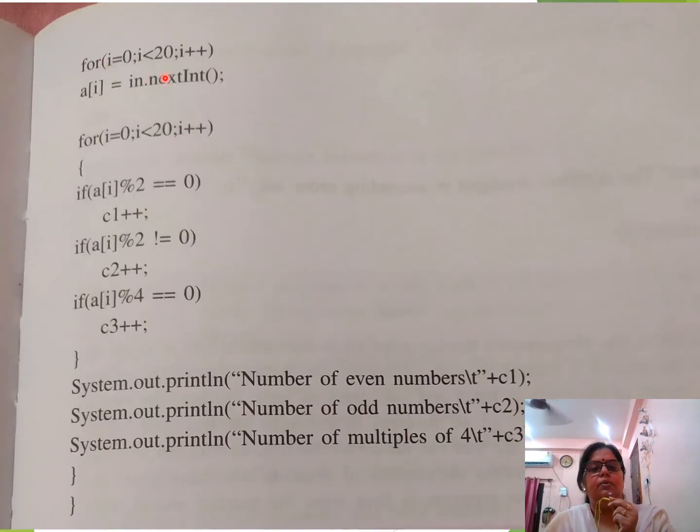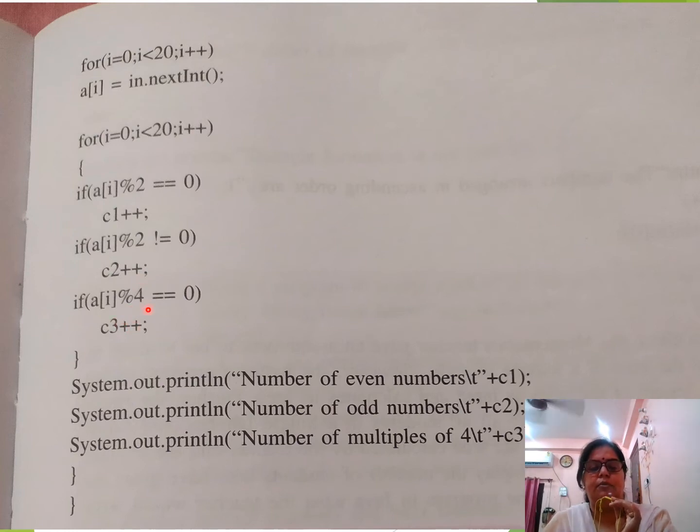Now the loop will come. We have input the numbers. Now for i is equal to 0 up to 20. Now if a[i] mod 2 is equal to 0, meaning the remainder comes 0, then it is an even number. If the remainder comes not 0, then it is an odd number.